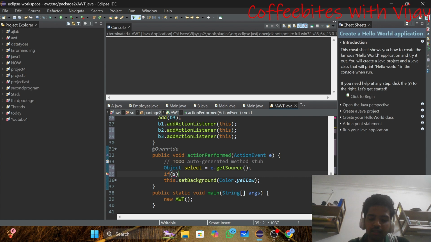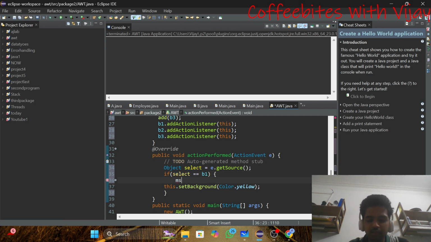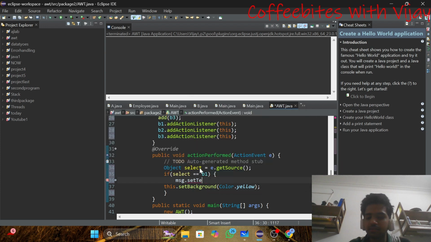If select, if the object is, if the button is B1, then you change the background color to yellow, and I want to display some text. For that, message dot, there is a method called setText.